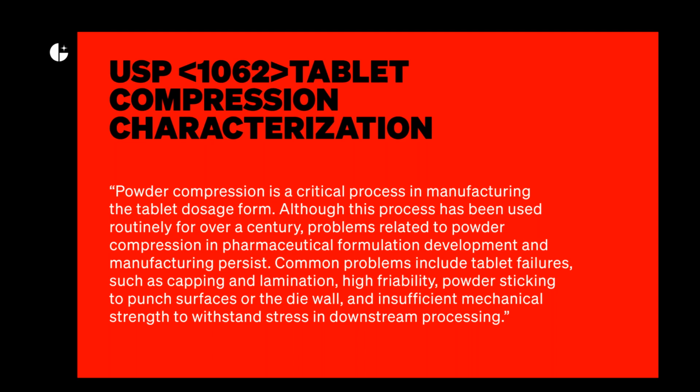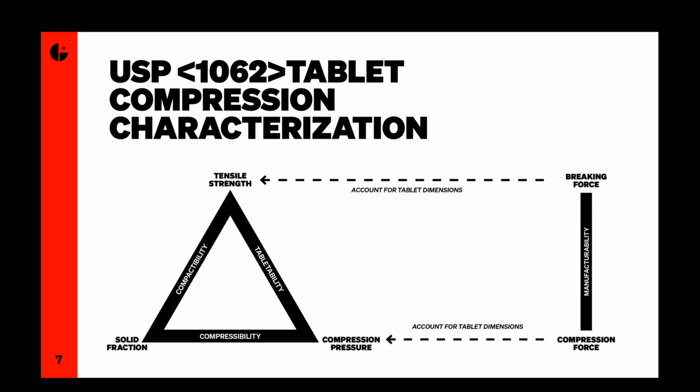So what the United States Pharmacopoeia have recommended to try and move away from these problems is that companies carry out compaction analysis. And what they recommend is that they generate the data described by the compaction triangle. And this is the compaction triangle. Some of you might be familiar with it already, but to take you through it,